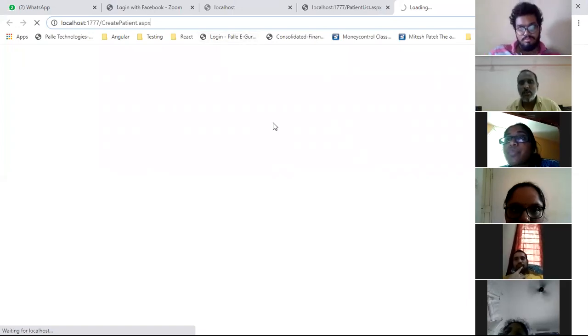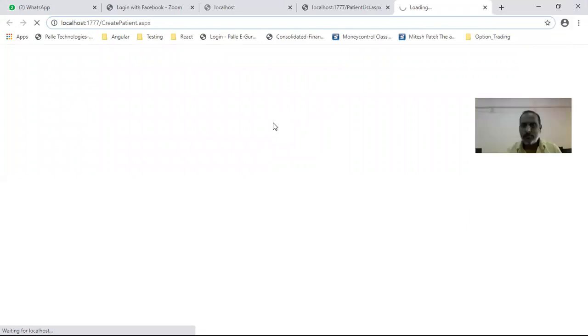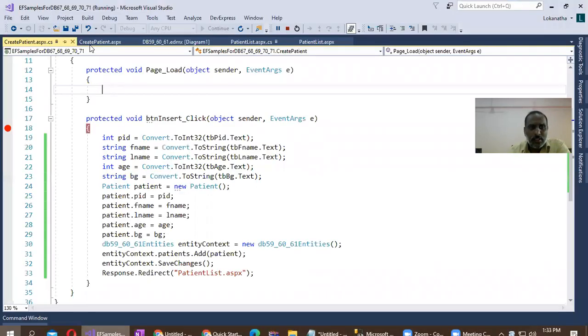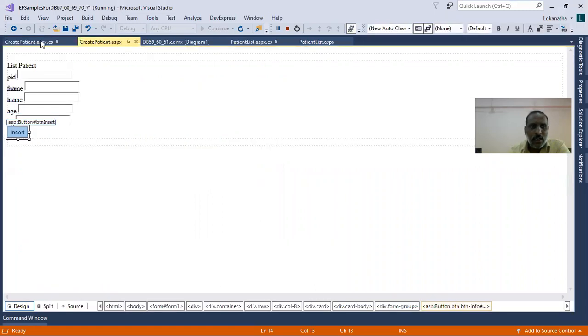Now I will call that create patient.aspx page. The request will go to this page, and automatically this code will be executed.